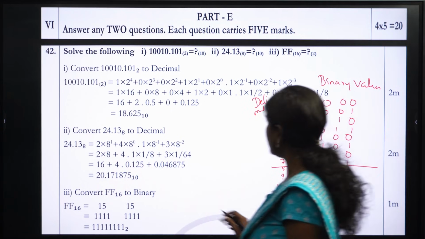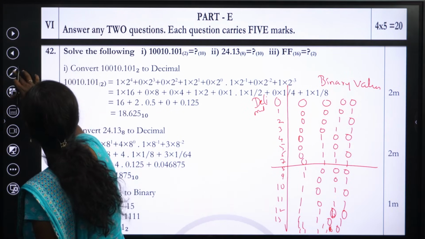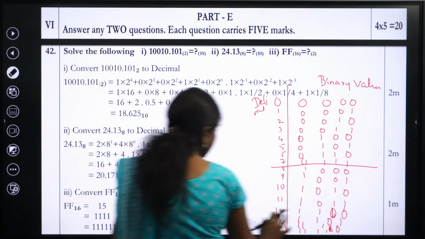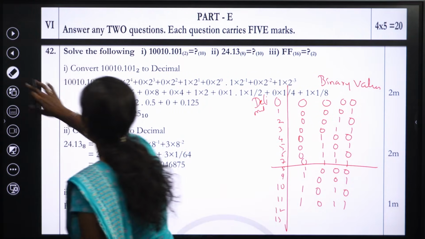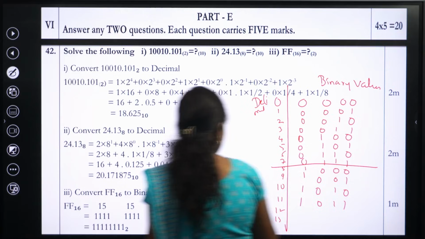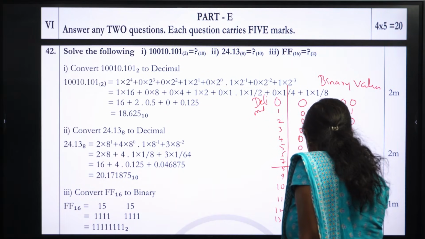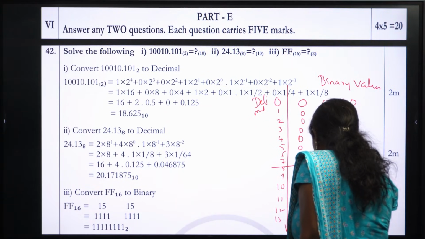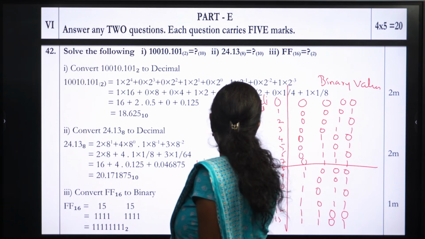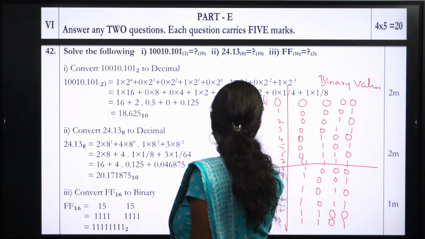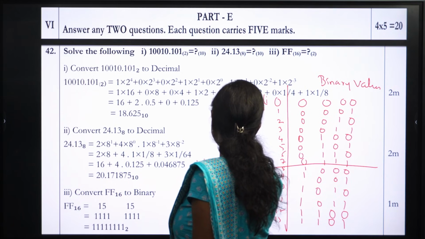This is really not clear. Let me write it again. Okay, so this part, let me erase it off and then rewrite it. Okay, this is going to be 11 and this is 12. It's very simple. 1100, and 13 is 1101, and 14 I'll write it here. So it's 1110, and 15 is going to be 4 times 1.